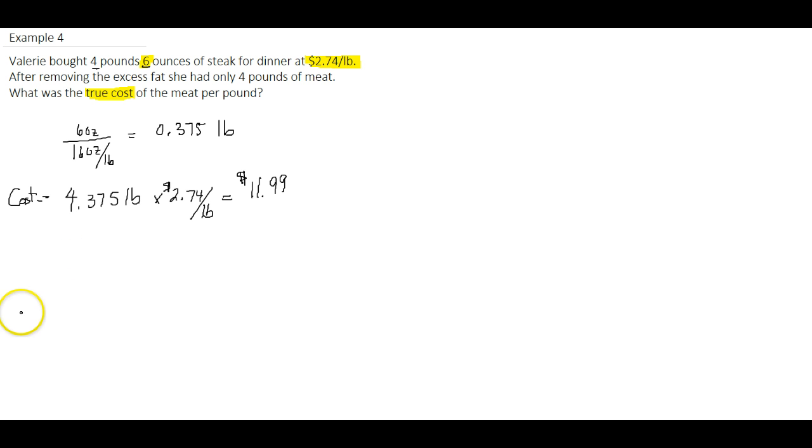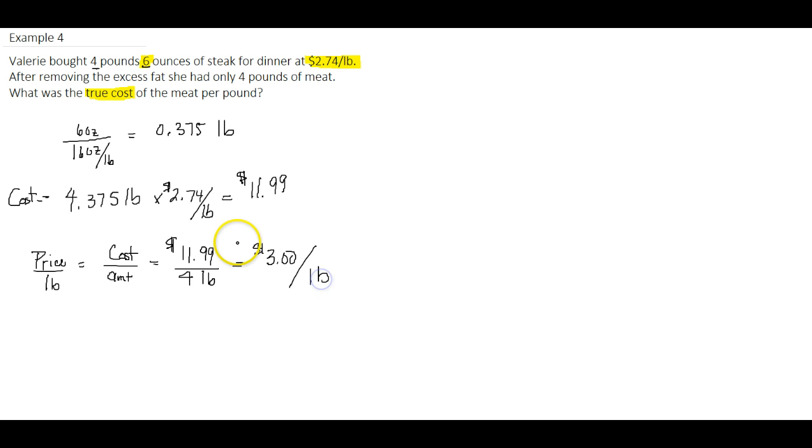There's that 6 ounces of excess fat. So if we want to determine the price per pound, we have to take the cost that we paid over the amount that she's purchased. So she paid $11.99, and she purchased 4 usable pounds. When we divide that out, it's just slightly less than 3. So 2.998 or something like that. So it ends up rounding to $3